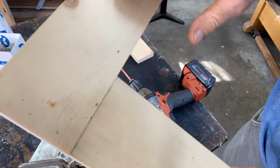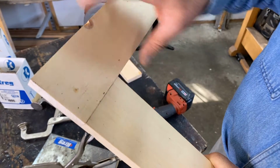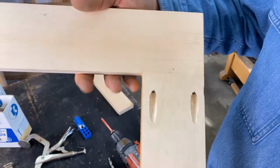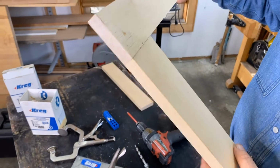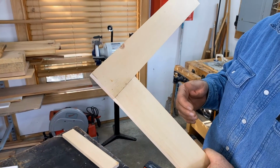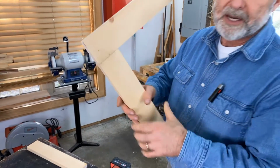A joint like this would be assembled and then sanded as a unit. So all of these little bits of dirt and things would be removed. But look at here, a nice tight joint. It's surprisingly strong. I could break that with my hands, I'm sure I could, but where pocket screws shine, you just don't need a whole lot of strength. It's basically fast, doesn't need any glue,